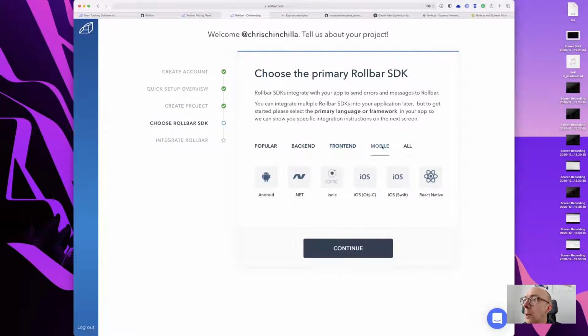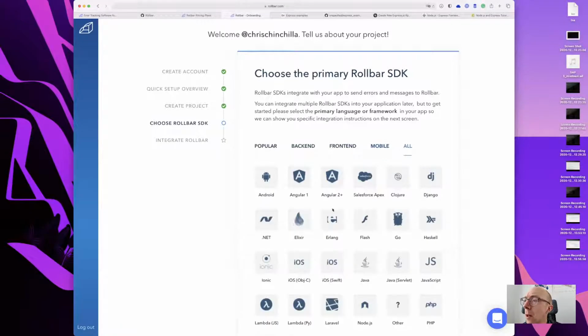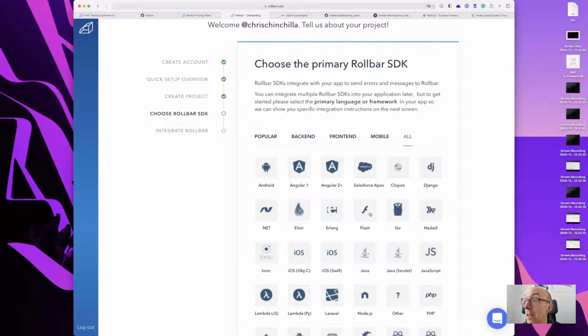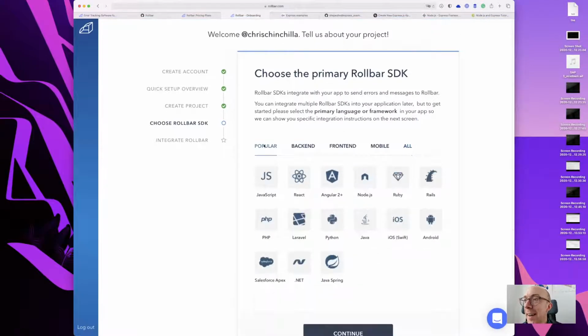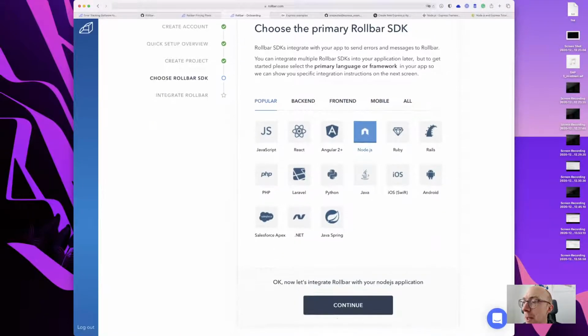Okay, mobile. Could we have done Flutter? No, don't think so. Flash, wow. That shows you have been around a little while. Okay. Well, in theory, I think it's a backend. Yeah, can't be 100% sure. It is Node though. Okay, so